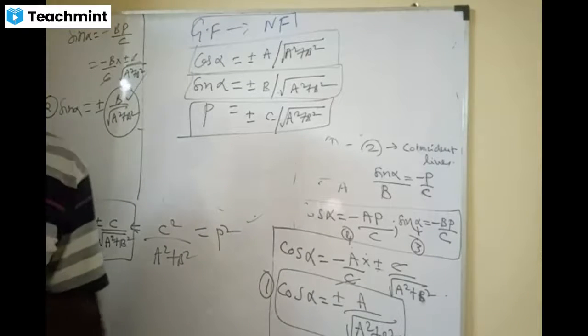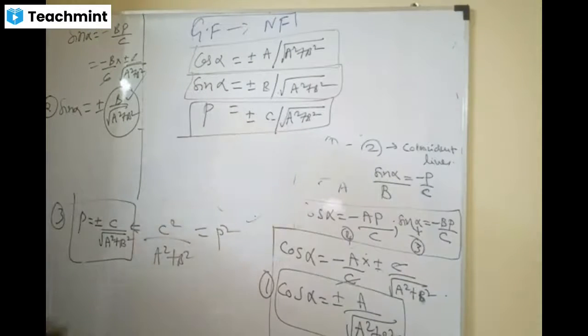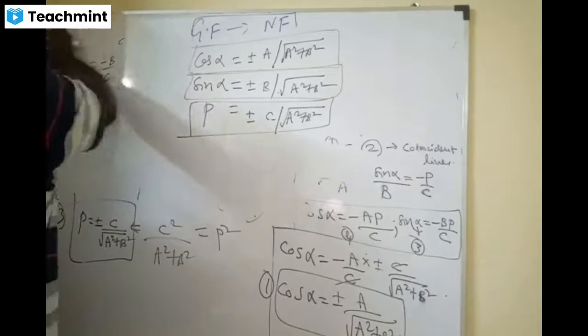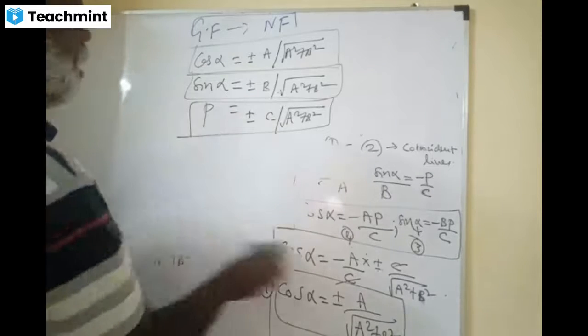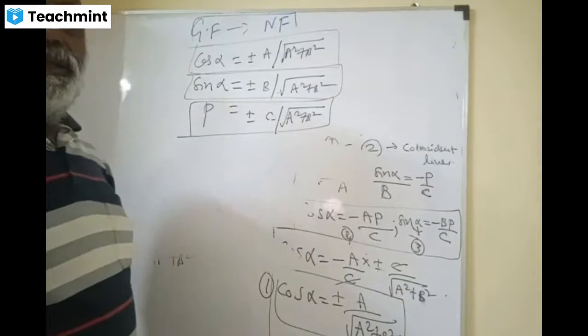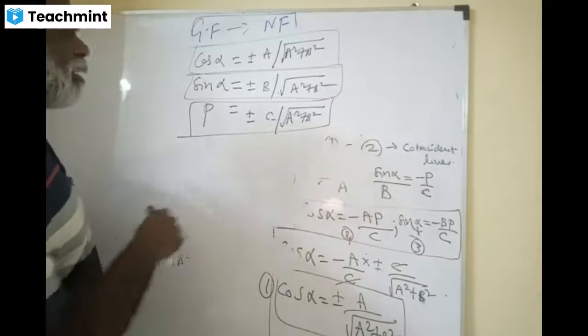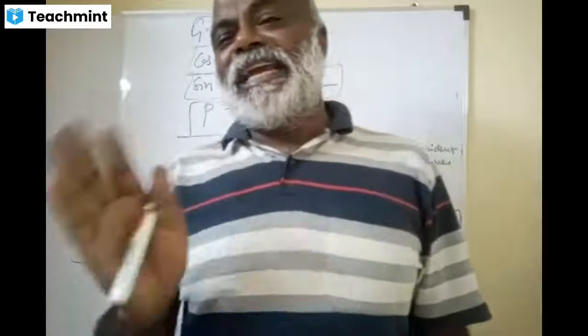This is amazing. Most difficult derivation, but finally we can remember them very easily, my dears. The only thing is plus or minus here. But P need not be... P should be what? Finally, is it positive or negative?